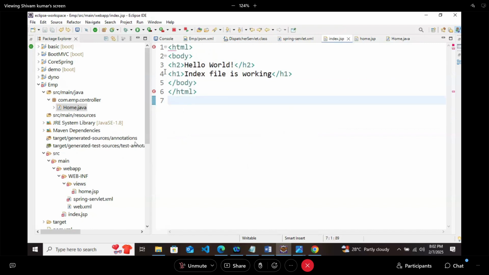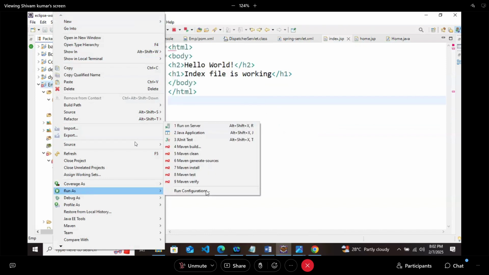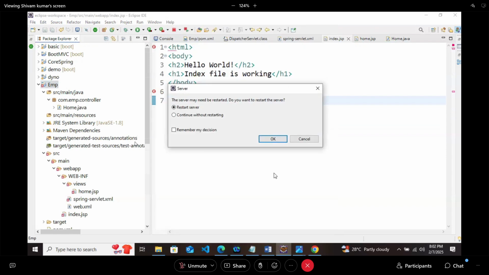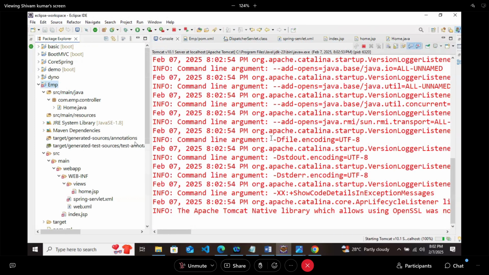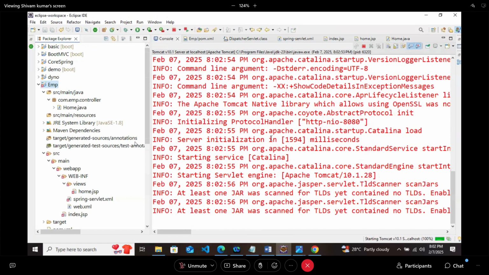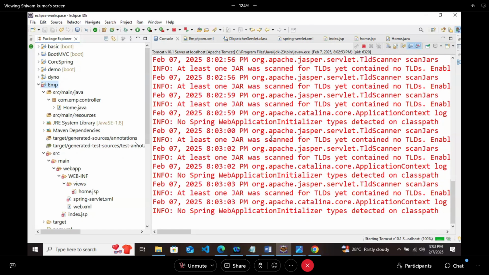And index.jsp file is still rendering the same content. Now run it. Controller